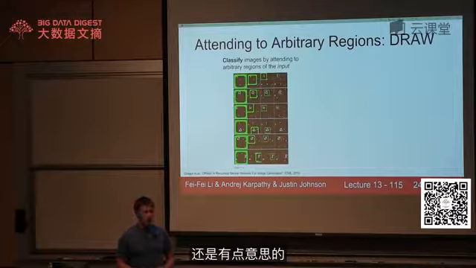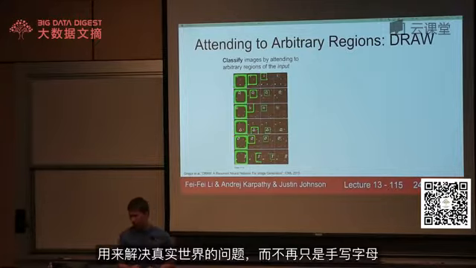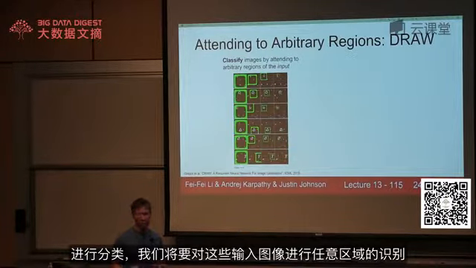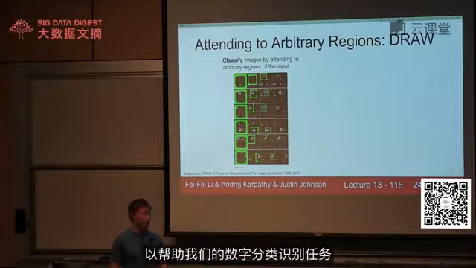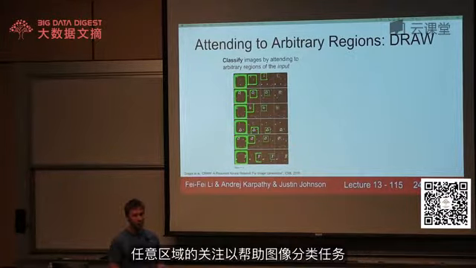Another paper that we saw already is Draw, that sort of takes this idea of arbitrary attention and then extends it to a couple more real-world problems, not just handwriting generation. So one task they consider is image classification. Here we want to classify these digits, but in the process of classifying, we're actually going to attend to arbitrary regions of the input image in order to help with this classification task. So this is kind of cool. It sort of learns on its own that it needs to attend to these digits in order to help with